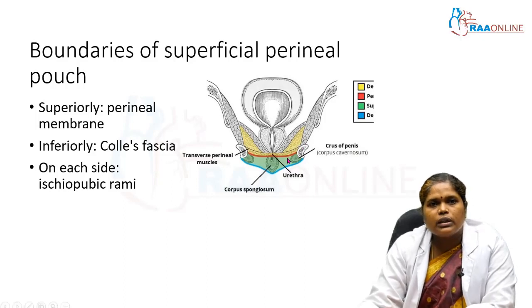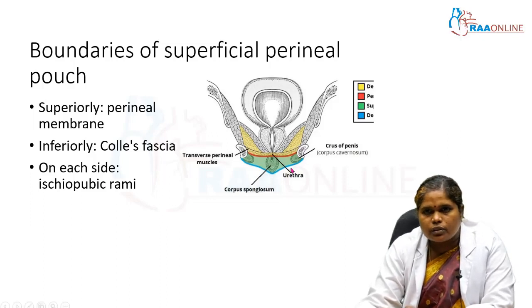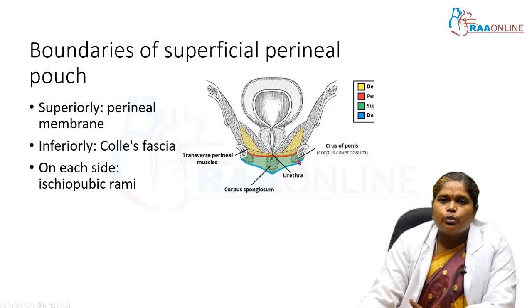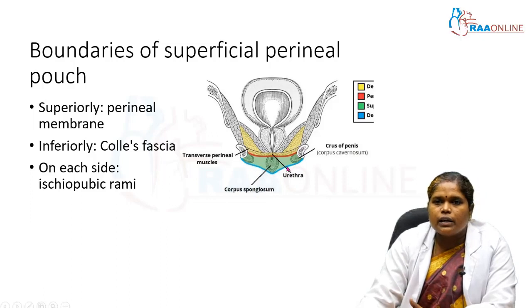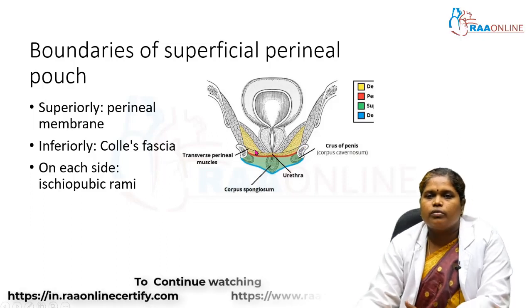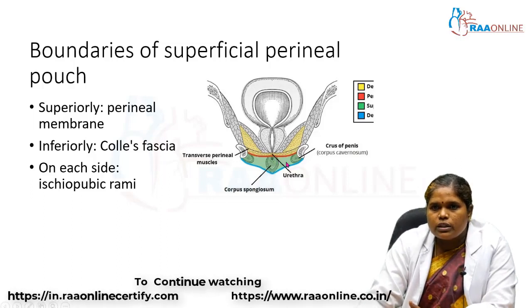So this is the coronal section. The section you saw in the previous slide is a sagittal section, and this is the coronal section. It is much easier to understand in the coronal section. See, this is the Colles fascia, the continuation of Scarpa's fascia, and then the red color structure is the perineal membrane, and above that you see a black line, which is the superior layer of the urogenital diaphragm. Between these we have two spaces. One is the superficial perineal space or pouch, this green color one,